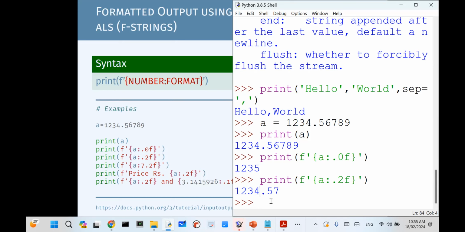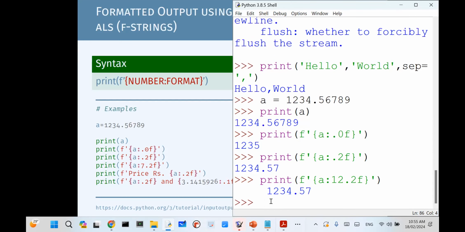And then you can also control the total number of characters. So if you put 12, for example, what it means is the whole number is represented using 12 digits, where 2 are decimal places. For example, we can count 1, 2, 3, 4, 5, 6, 7, 8, 9, 10, 11, 12. I hope now you got a clear idea.